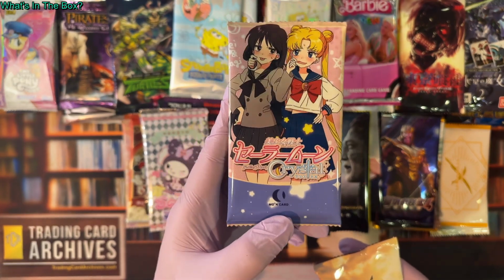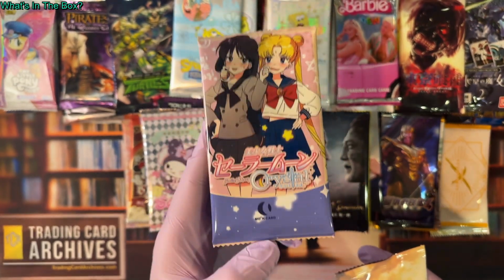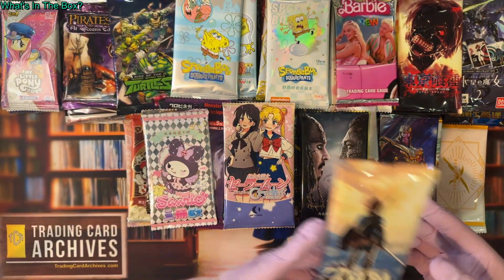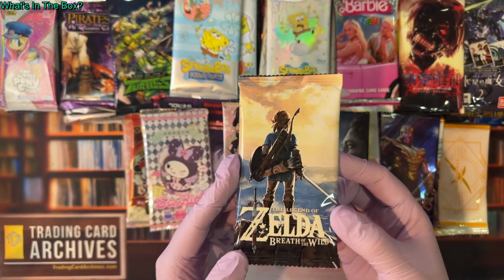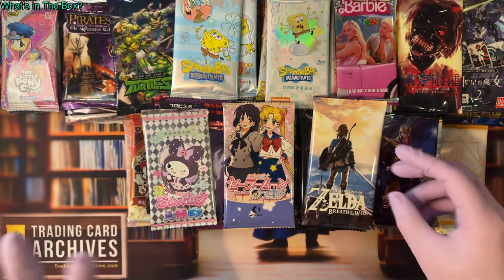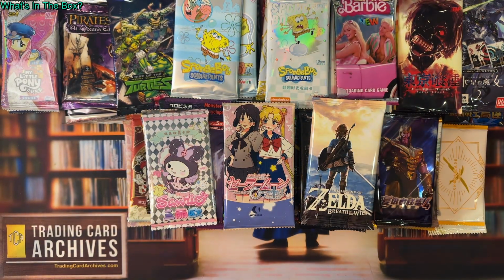Here's Sailor Moon. These are Moon Card Sailor Moon cards. This is my favorite Sailor Moon set. And then Zelda Breath of the Wild cards. Yeah, I mean they're bootlegs, but they exist. So there you go. And then the last pile I have to talk about, I promise, then we'll be done